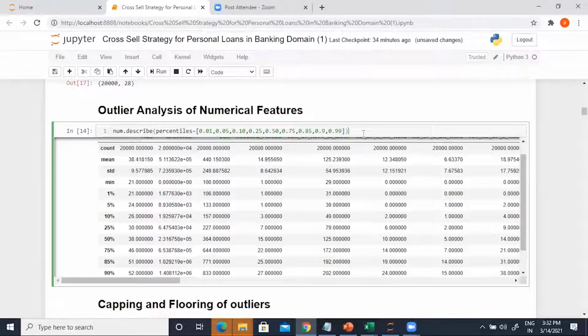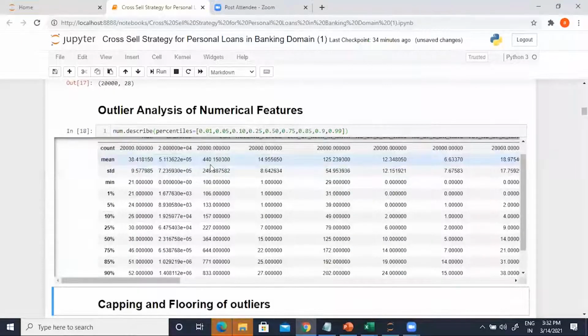We want to retain the majority of the data and we set a cutoff of 99%. So if there are values outside of the 99% range of the data, then we call them outliers. So when you run this describe function with these percentile cutoffs, you will end up getting an output like this.